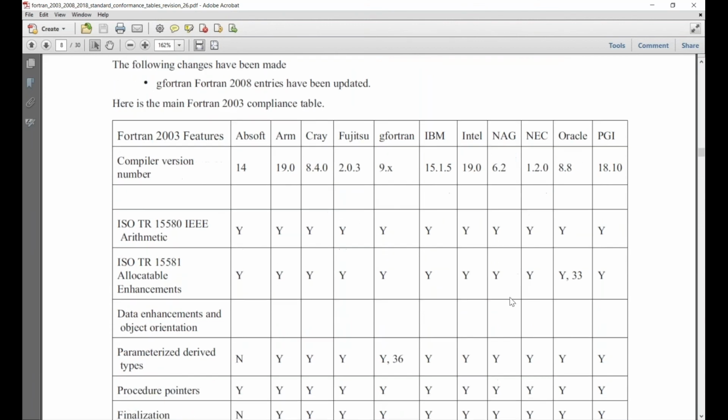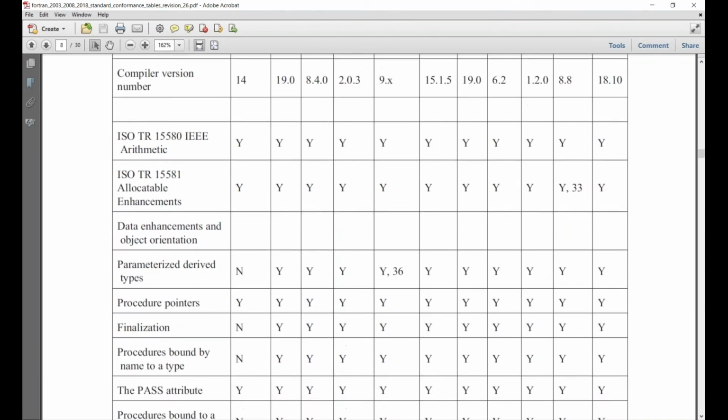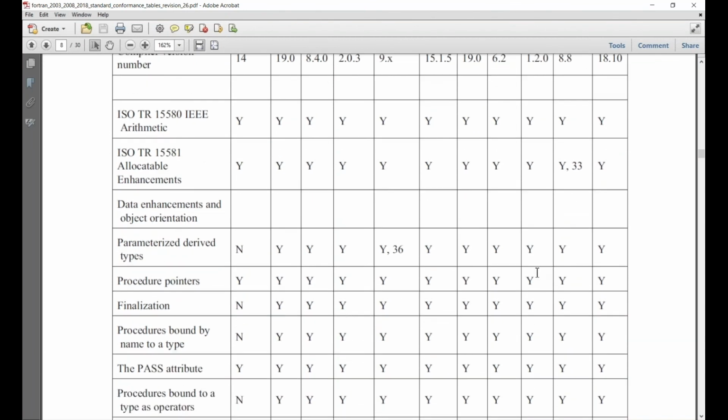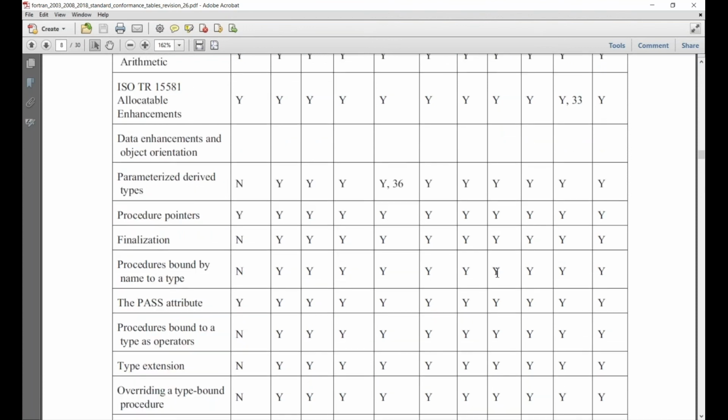And the two features which were the latest to be implemented were parameterized derived types and derived type IO. So they were quite late. But what we saw was by 2012, 2013, a large part of the vendors had implemented quite a significant portion of the Fortran 2003